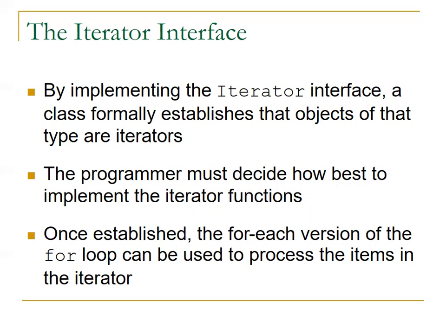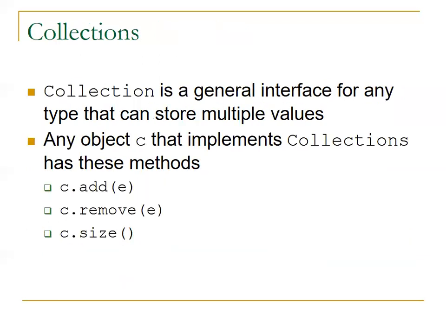Once established, the for-each version of the for loop can be used to process the items in the iterator. Once we provide the implementation of the iteration, automatically we can use that iterator for any purpose, any kind of data we can put in, any kind of data we can remove. Okay, so I think this much is sufficient as far as the second session is concerned. The rest of the part we will see